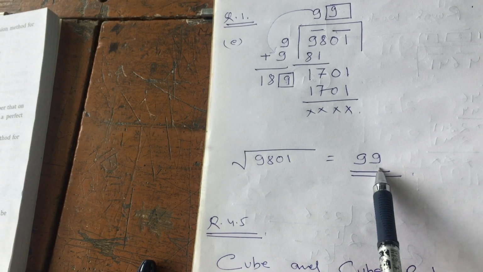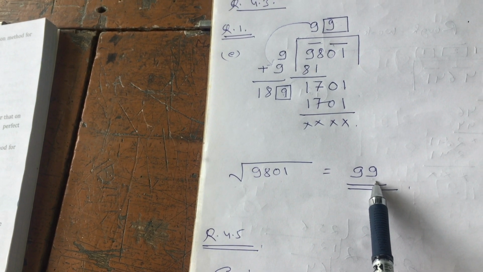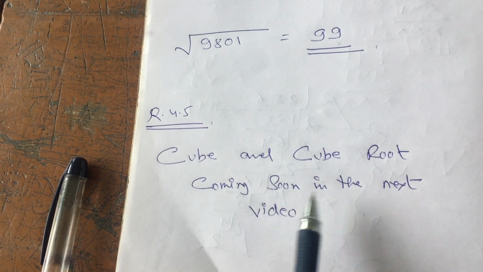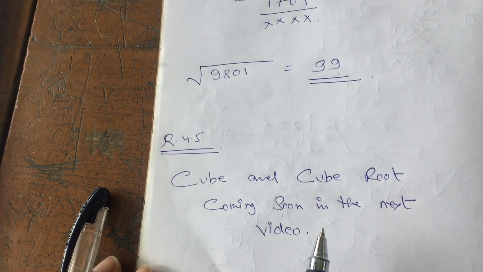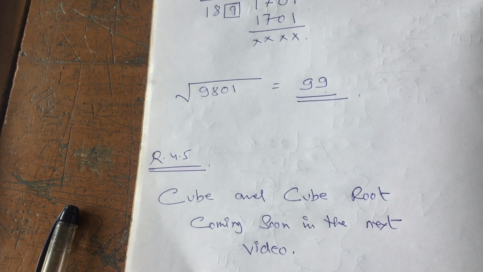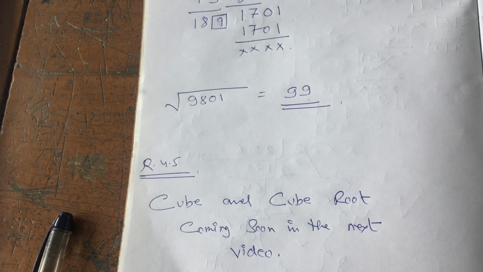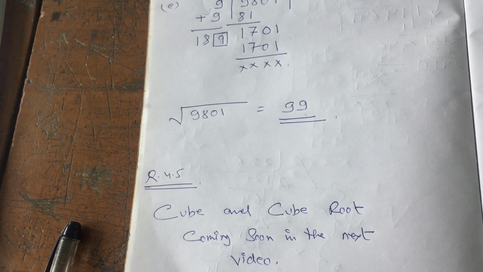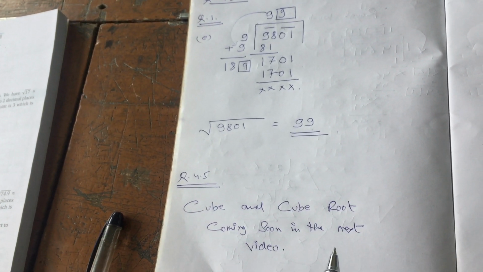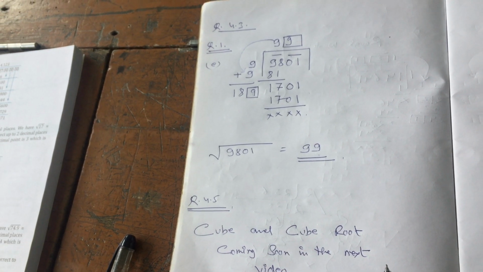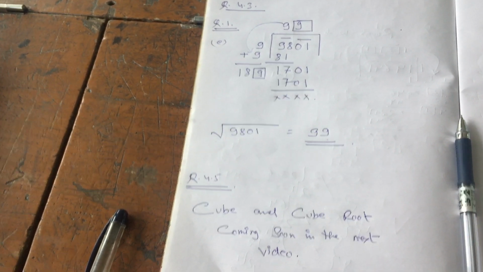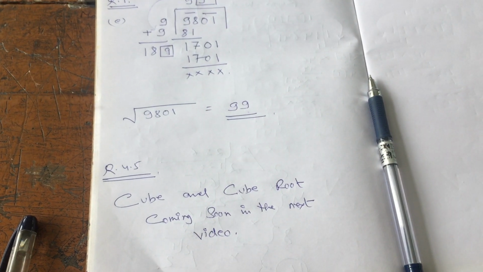I know I have gone a bit faster in this video, and especially for class 8 I will come back again and do this portion. As you can see, cube and cube root coming soon in the next video. This will be the last video for class 8, which will be uploaded this coming Friday, as per your new routine. So class 8 you can specially start with exercise 4.2 question number 1 and 2 all, and exercise 4.3 all questions. For the time being, it is good to begin somewhere here. Especially for class 7 we have finished this chapter, and for class 8 we still have to do the cube and cube root portion once again.